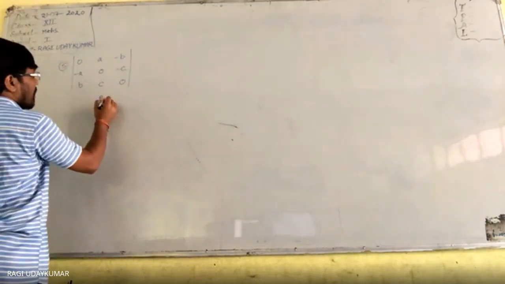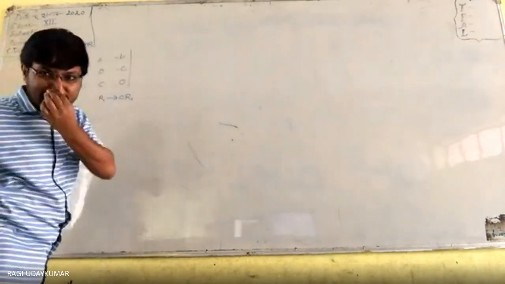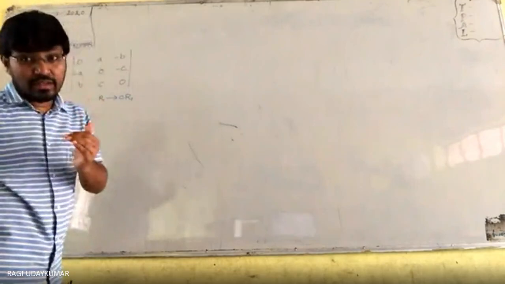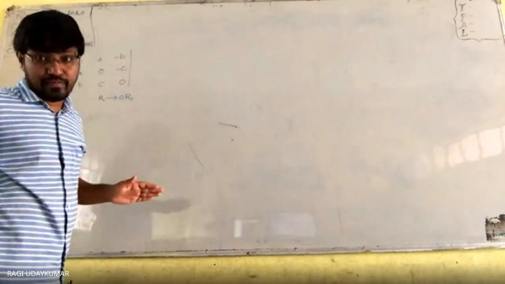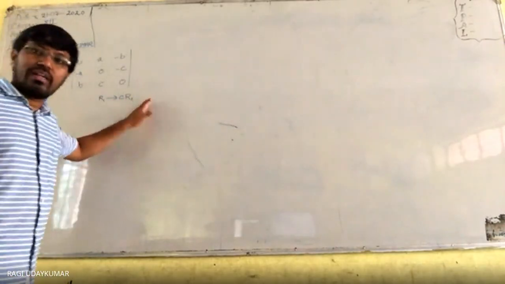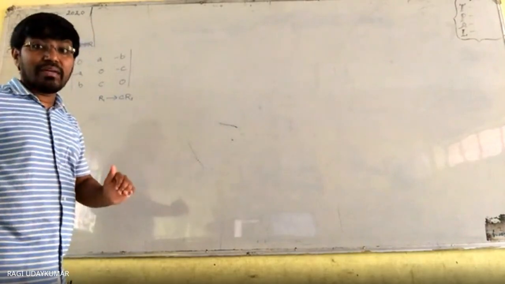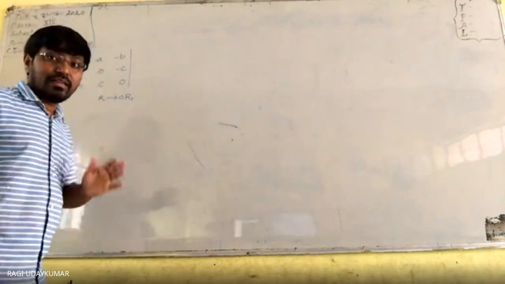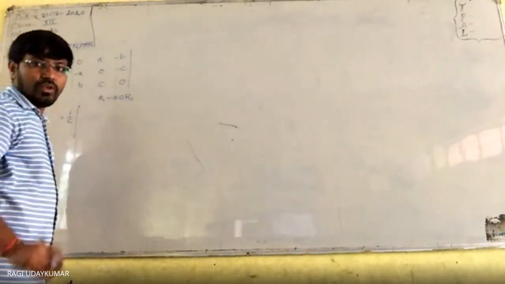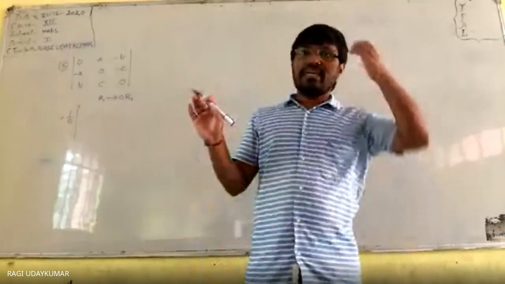Let us do here R1 tends to C R1. This one you multiply by the C. When you multiply any row by the C, directly you are not supposed to multiply. Do remember this. Multiplying and adding any row, directly you can do it. When you are multiplying like this, you should compulsorily divide the determinant of the matrix by what you are multiplying. That means here 1 by C you will get. You cannot multiply any row by any non-zero constant directly.